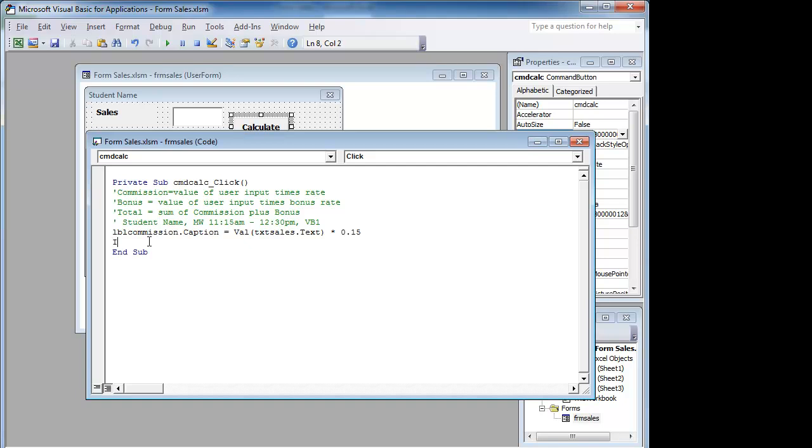So you start it off with the word if, and then you say the value in the TXT sales, because it's the only place that we are actually entering information, is greater than or equal to 500, then we want it to do something. So I've hit enter. My text has turned blue on the ends. Good, I've entered it correctly, but you have to hit tab for the next line. That way it knows it's performing a function. You're going to do LBL bonus caption equals the value of TXT sales, and you have to put the whole thing in there, times